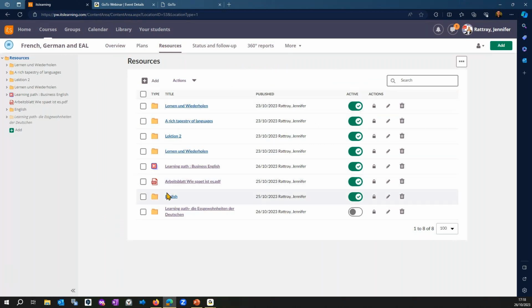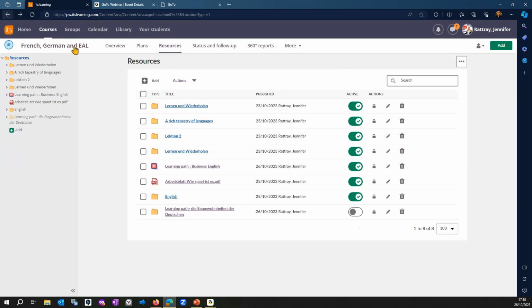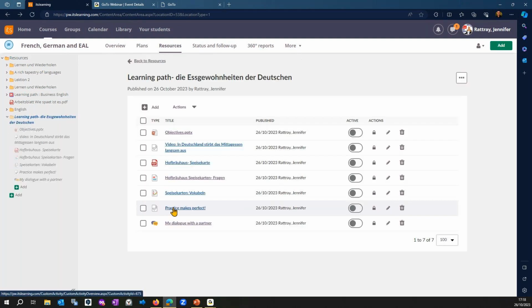So I've already started, and it's the last one here. I've made a folder. What I did is click add, and in this section, I clicked folder to add a folder. And then I had an empty folder. And in that folder, I have then added lots of